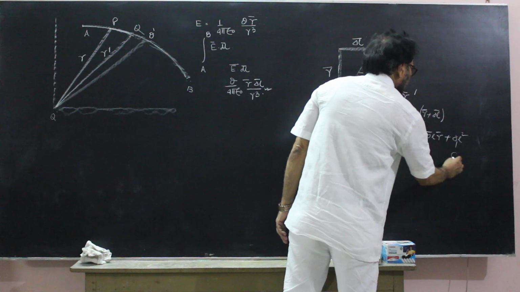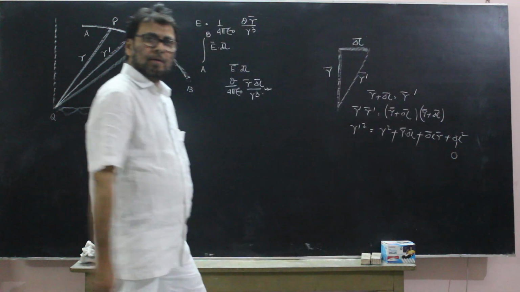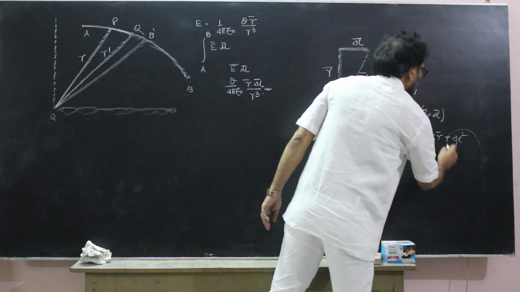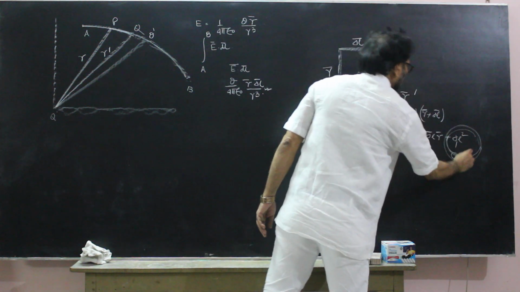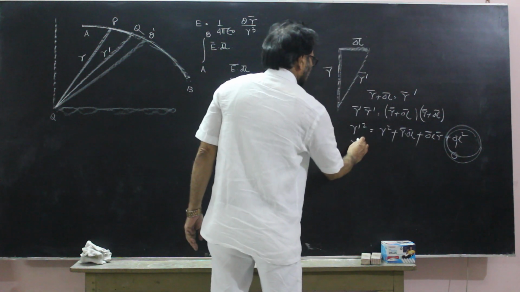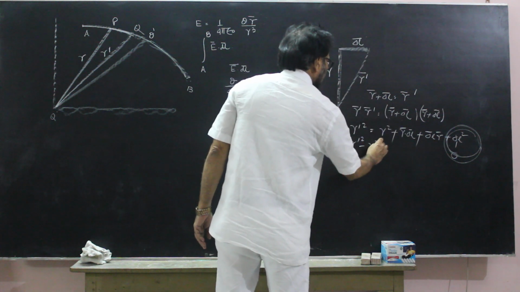Science is an approximation. dl is very small, सो स्क्वायर ऑफ डीएल इज ऑल्सो वेरी स्मॉल, ये डीएल स्क्वायर छोटा है इसलिए इसको नेग्लेक्ट कर दिया।